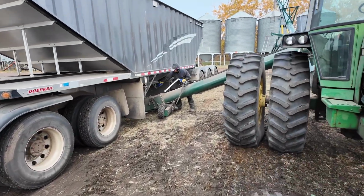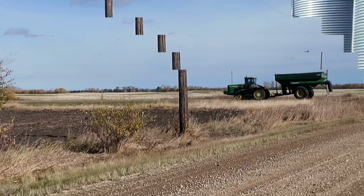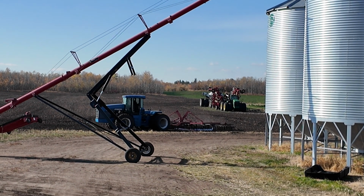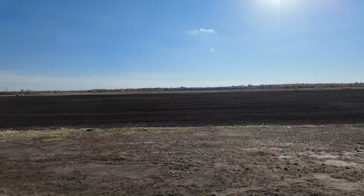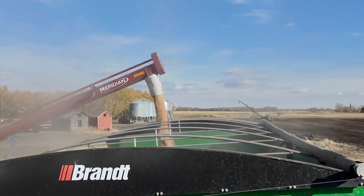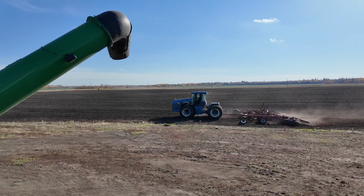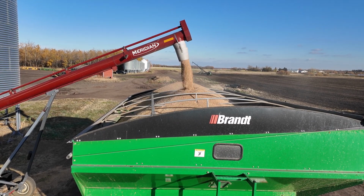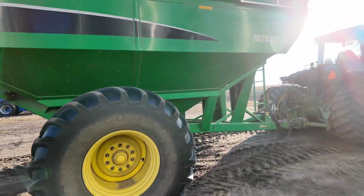Oats are unloaded. Some guy holding up traffic here. Randy's got the poo all disked in. And I'm just loading the cart. Now that should do it. Another load of wheat going out